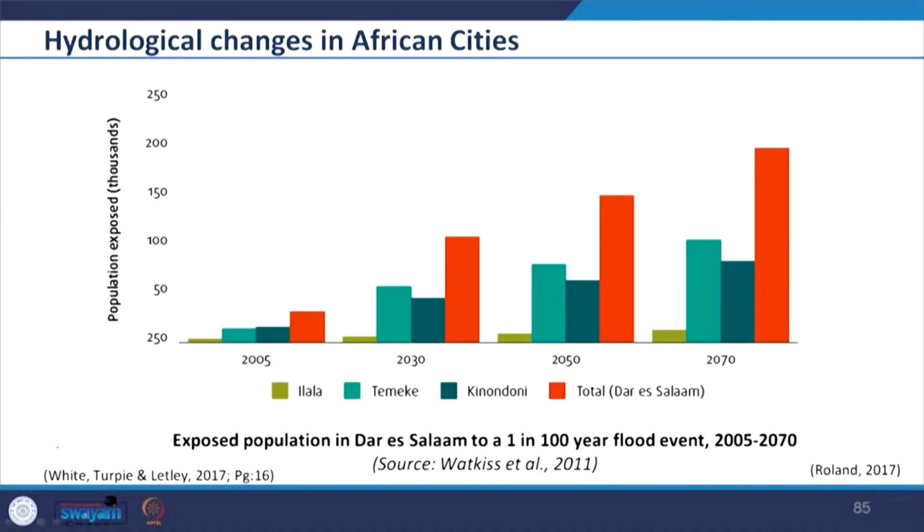Frequent floods not only result in damage to property and direct loss of life, but they also disrupt the traffic and expose people to health risk. It stops many things. Students are not able to go to school, people are not able to go to work, and so on. So a lot of things happen with the frequent floods, and if they are not properly managed, these risks will increase over time because we are in the time of climate change.